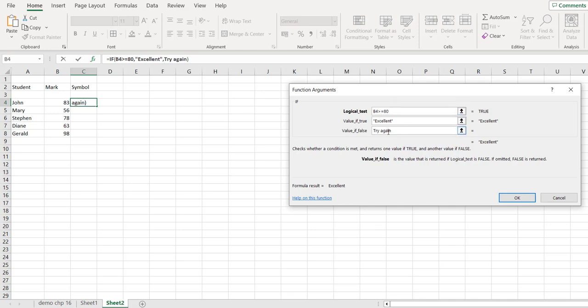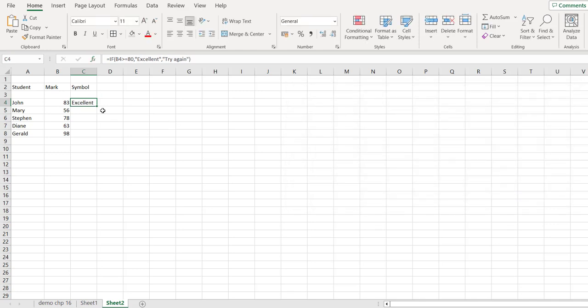However, with the nested if, we're going to see how we can assign values so that anything that lies in a certain range, we can also assign extra values or symbols to that. Click OK, there we have excellent. Once again, drag down to there, and everybody who got below 80% must try again. But now, let's go and add to my if statement,